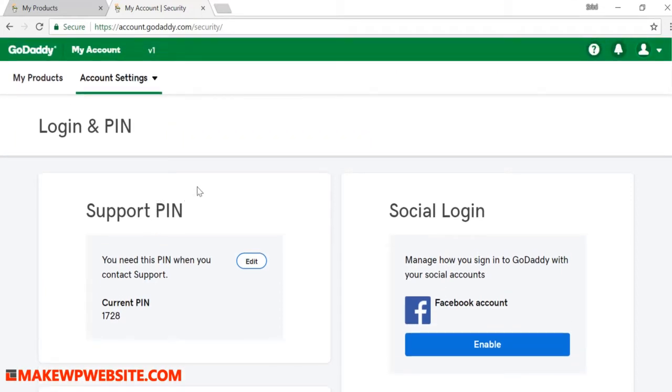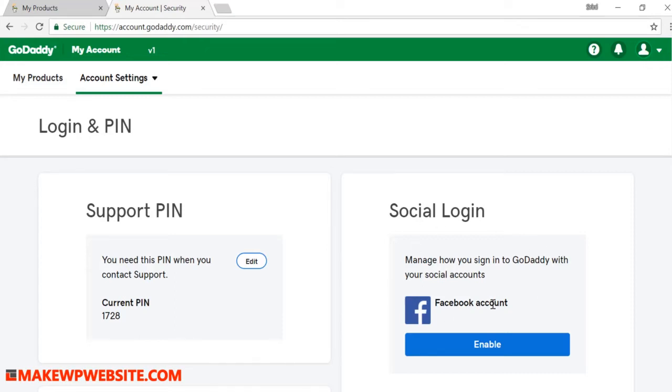So do this step, don't skip this step, and make sure you have your account properly set up with your address and your phone numbers, because we will use this account to buy our domain name and manage our website from here. So make sure you have all the details correct, your email ID and your phone number, because that is required when you make a purchase. Sometimes they'll ask you to verify from your email address or with a short code sent to your phone. So make sure you have all the details correct.